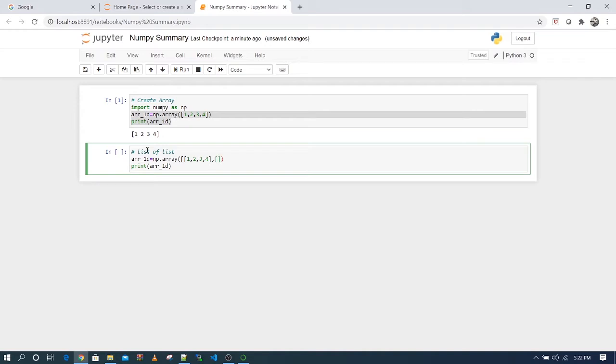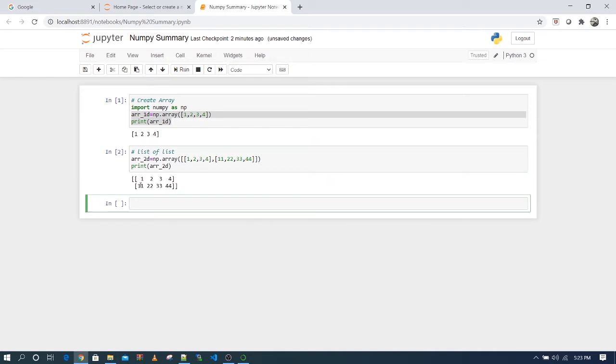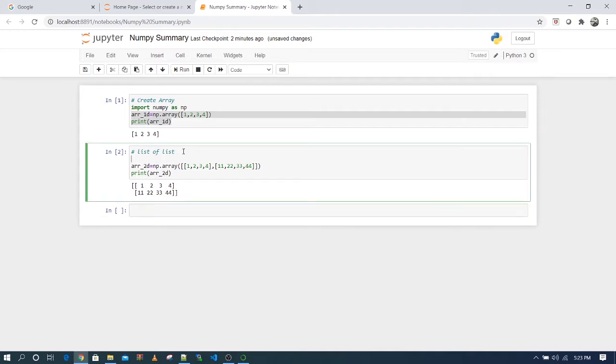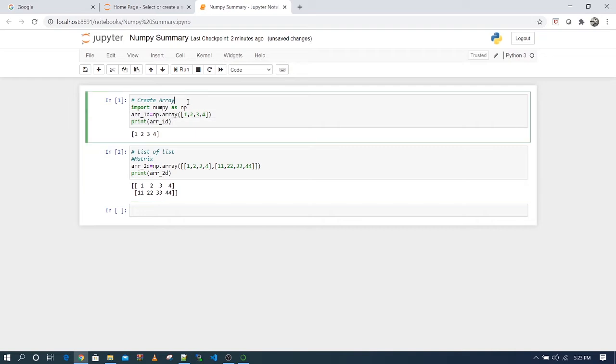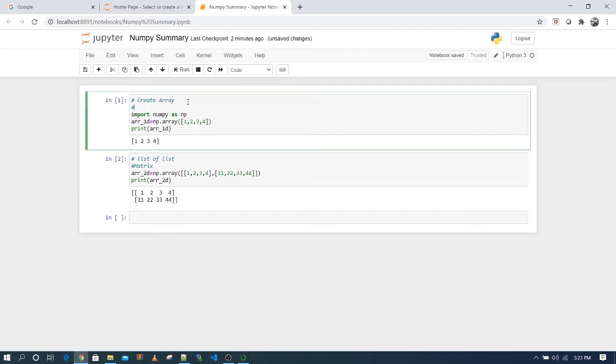I will name it 11, 22, 33, 44, and then I will close this list of lists. Now this is 2D. Let's print this. So it is a 2D array and this is known as a matrix. If I haven't told you, a 2D array is known as a matrix and a 1D array is known as a vector.